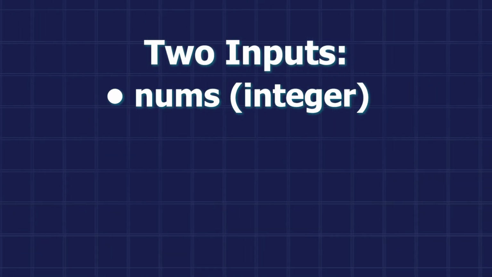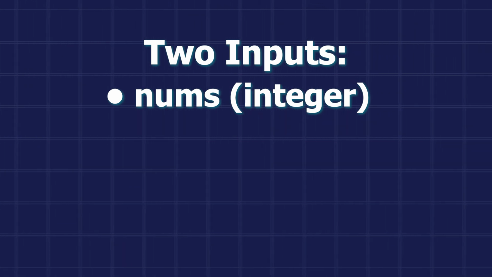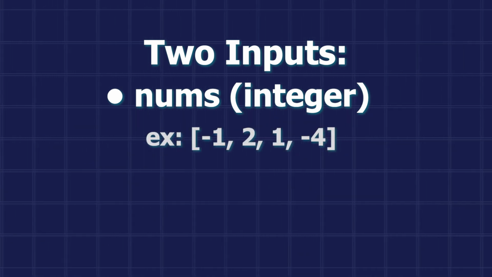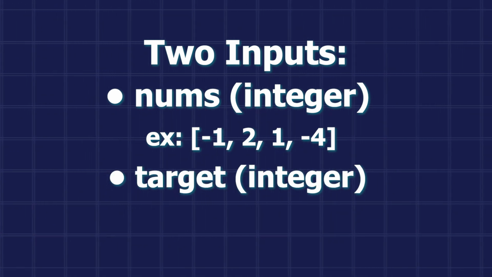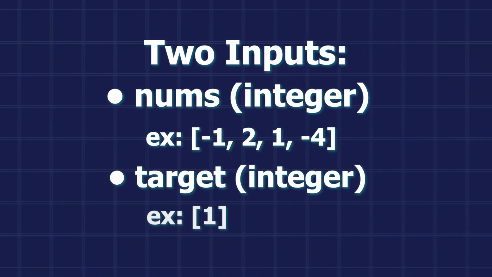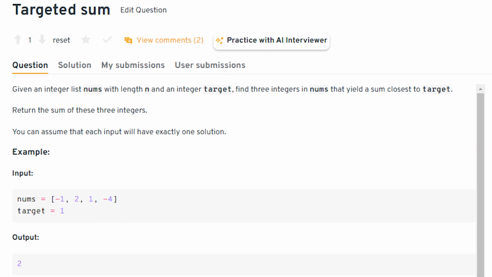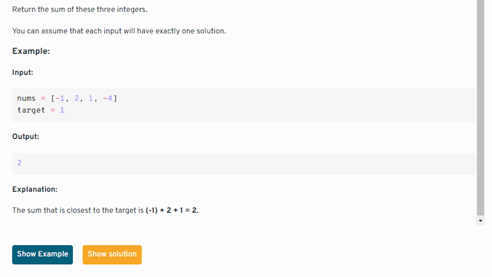So the problem is pretty straightforward. You have two inputs. One is nums, an integer array, so you have a bunch of integers given. And then you have another variable called target, which is also an integer. Now we want to find three integers from this list where the sum is